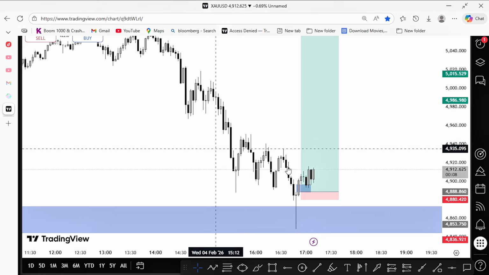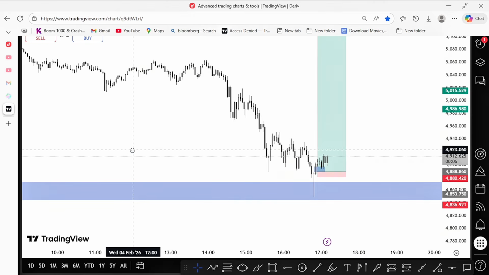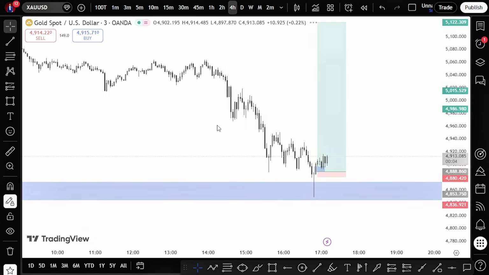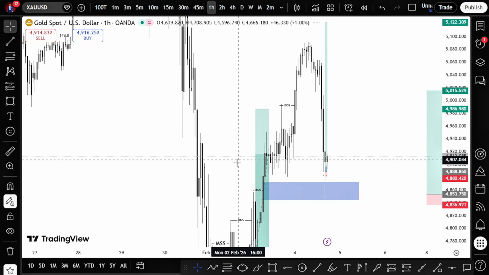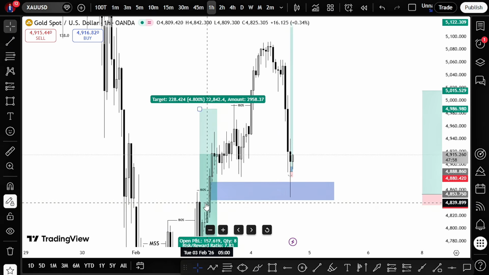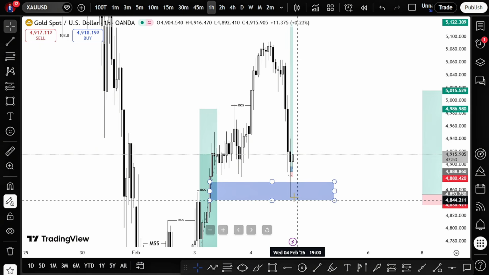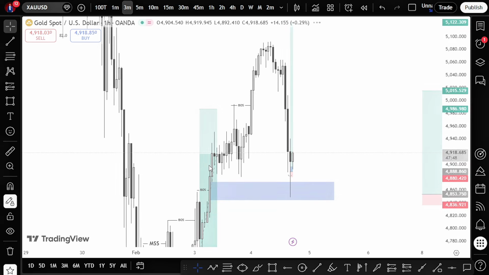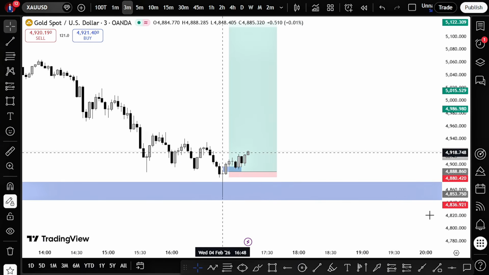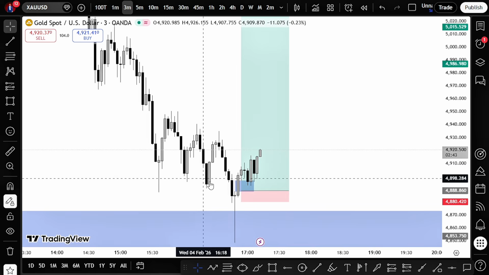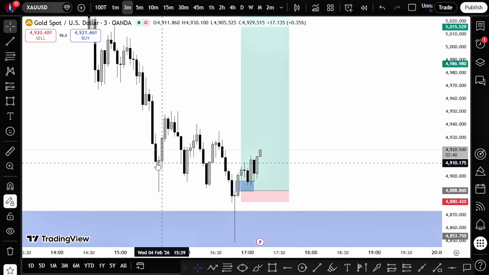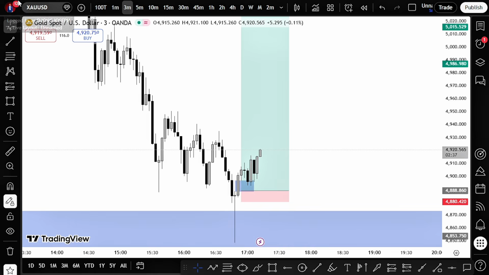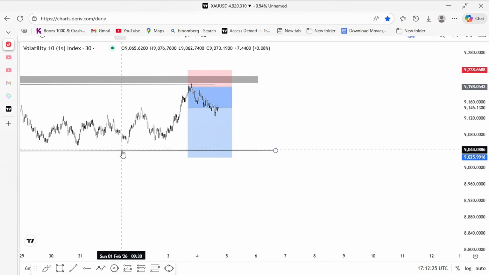All right, so this is what we did simply. If you saw the setup on the Telegram channel, you can see that we have our fair value gap right here. So when the market got here, I could not actually enter because it was very volatile, so I just had to use the 3-minute fair value gap. So the same thing that applies to the higher time frame applies to the smaller time frame. So enough of that, let's get back to the talk of the day, which is the synthetic indices,